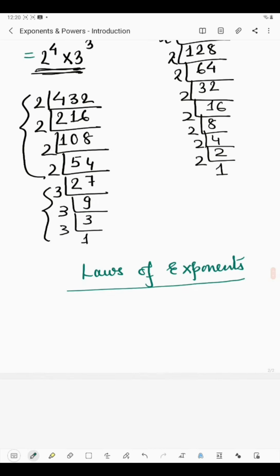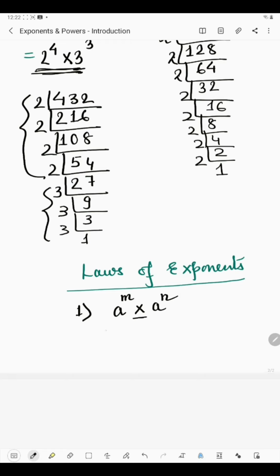Okay. Now our next topic is laws of exponents. We have certain laws in exponents to find the sum. At first we have say a, which is the base, multiply sign, then again we have taken the same base, and here the power of this is say m and the power of this is n. In between these two exponential forms we have this multiply sign.